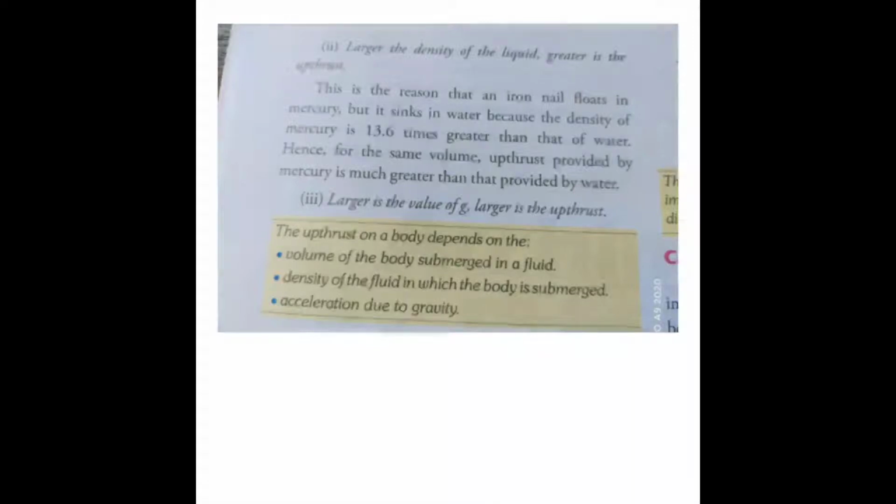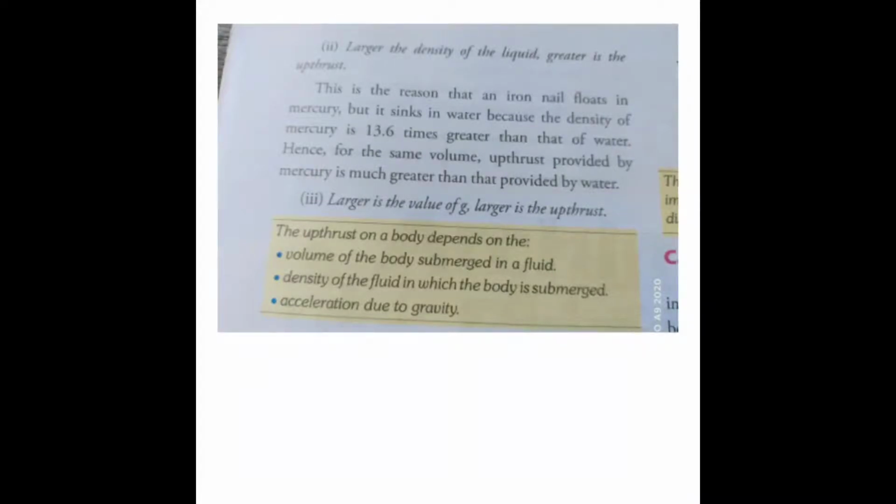Next property: the larger the value of g, the larger the upthrust. That means upthrust depends upon acceleration due to gravity, that is small g. If the value of g is very small, or if you consider it 0, then upthrust will be 0. So in a place where g is very high, like on the surface of the earth, it will be